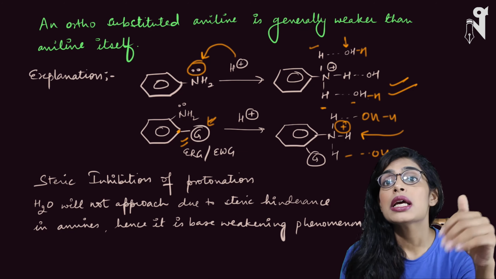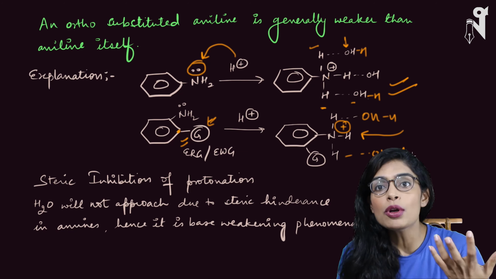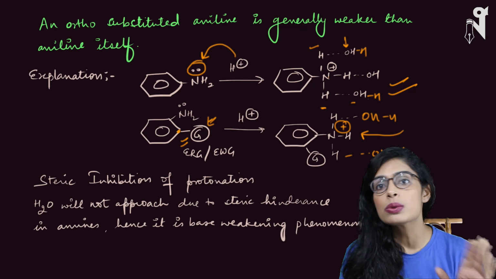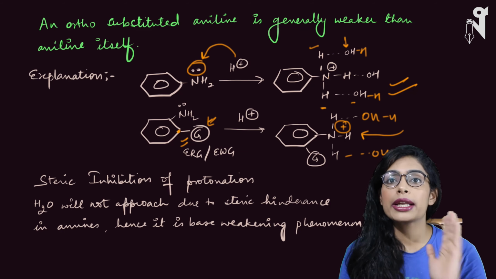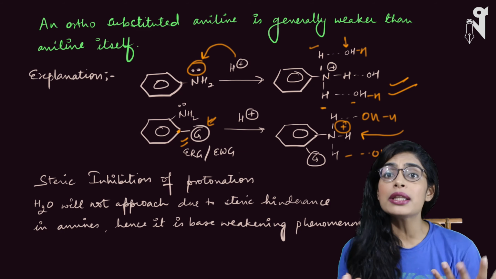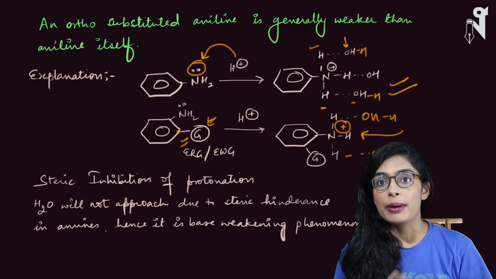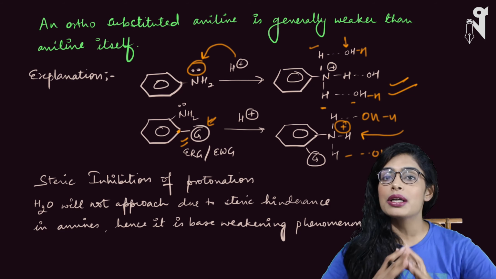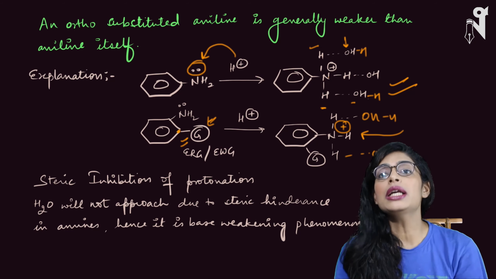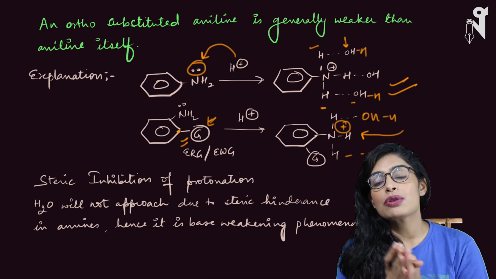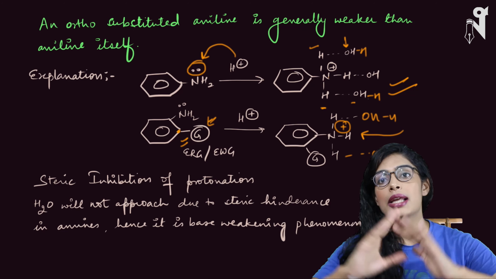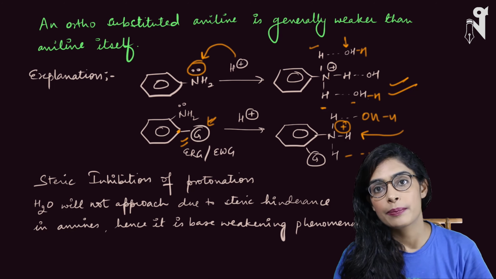But the problem is, unless it is capable of showing its basic strength, that lone pair, or the electron density, is useless. So if it can exhibit that basic strength, then only it will be called a base or a good base. If it has electron density but is not able to exhibit the property, then irrespective of its electron density, it will be called a poor base.